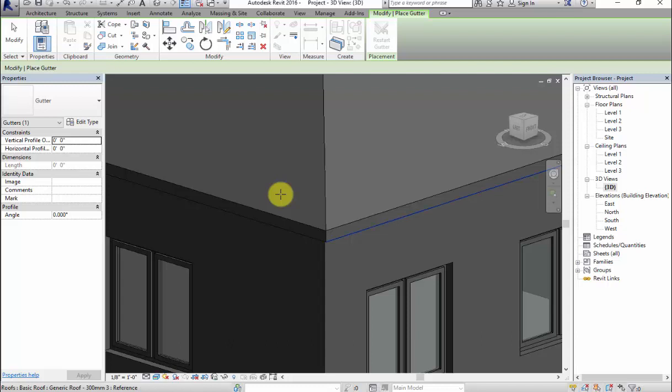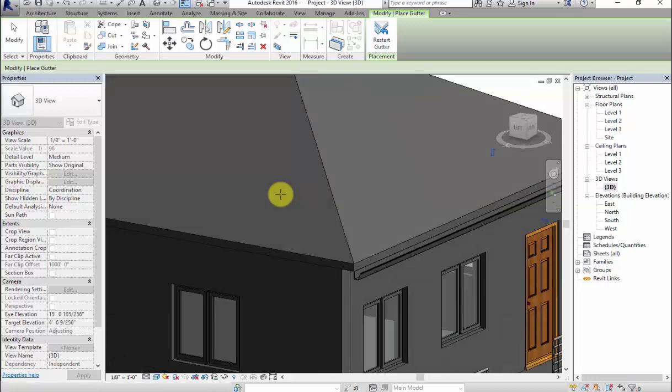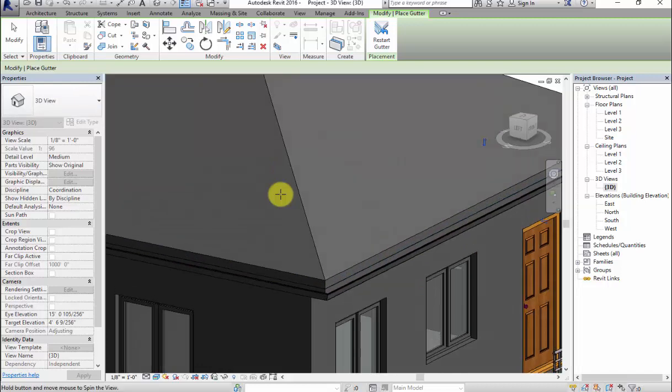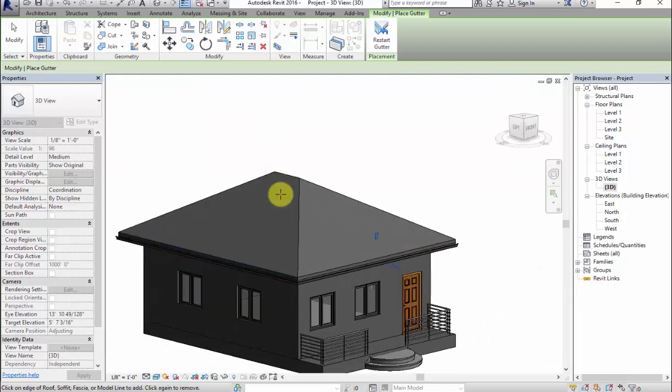You can see there is a thing which is created so that the rainwater gets collected in this pipe and can flow out to one side. If I place the next one over here, the corner will be joined automatically by itself. The rainwater will fall like this and flow down at the end of the house. Most probably this will be given whenever you are giving a sloped roof.